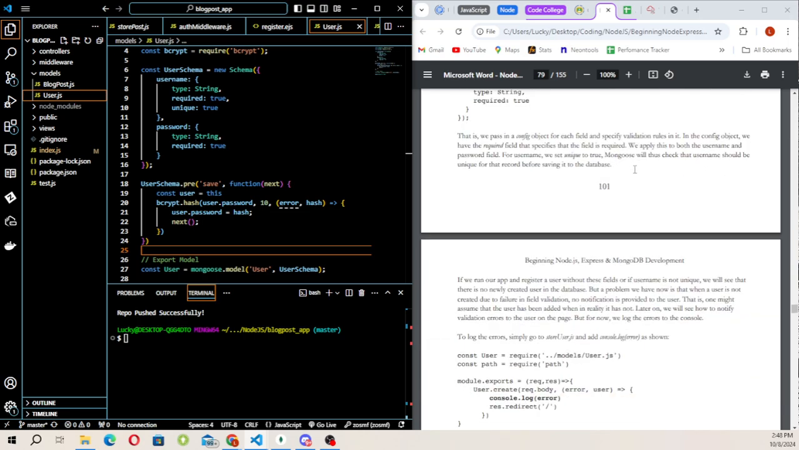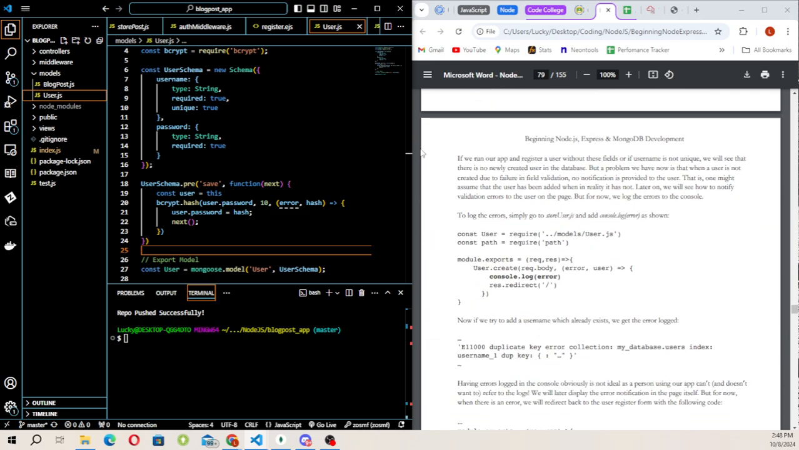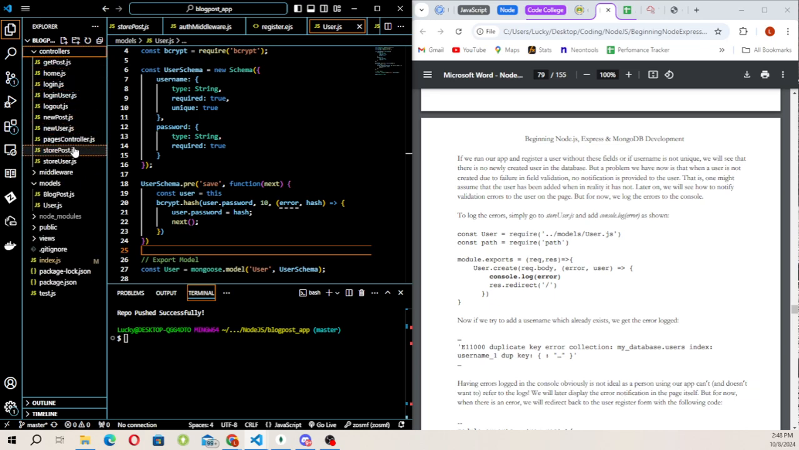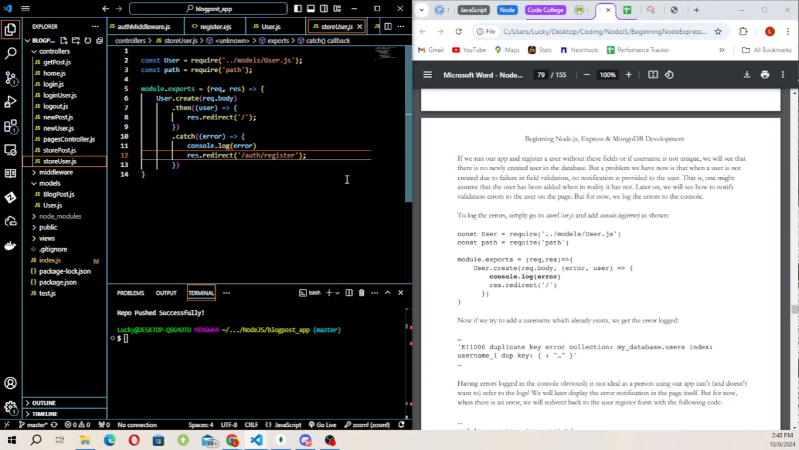And then after that, we are going to log the errors. We are going to run our app and register a user without these fields. If we attempt to do that without the fields, it will give us errors, so we want to log those errors, and we are going to go to our controller here. In our controller, we have store user.js, and in store user.js, we have this line here, line 11, which allows us to log our errors to the console if we have a failure to store a user into our database. And then it's going to redirect us back to